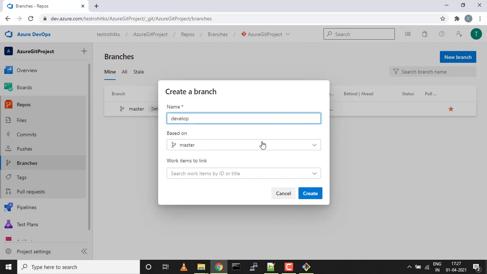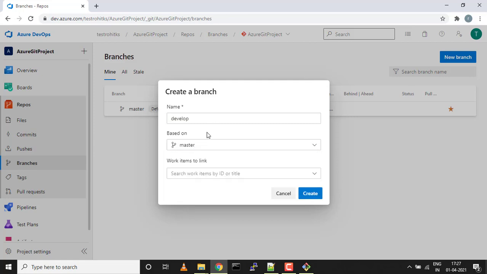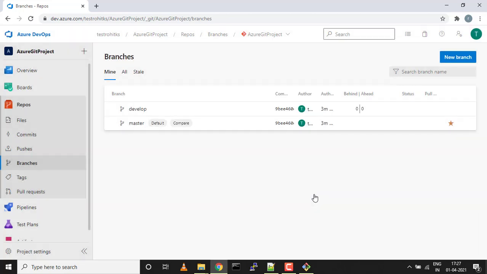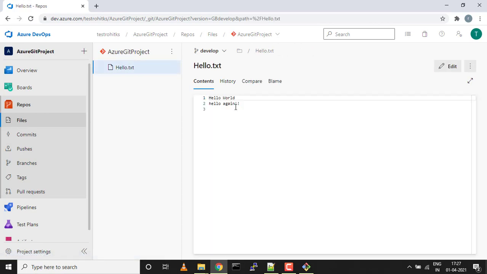Over here you can select whether you want to create it based on master, so your develop branch will have all the files which are there in master. So let's create that. If you see, we are in the develop branch, as it shows develop over here, and we have the file hello.txt which was there in the master branch too.